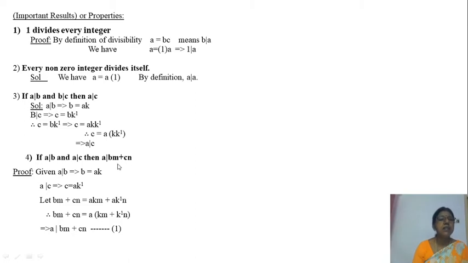Now we observe it. Suppose we take m is equal to 1, n is equal to minus 1. What do we get? bm plus cn is b minus c. A divides b minus c. And if you give m and n integer values 1, 2, 3 and so on, you get different combinations. Now we observe, if a divides b, a divides c, the divisor must be a in both. Then a divides b plus c. When m is equal to 1, n is equal to minus 1, a divides b minus c.